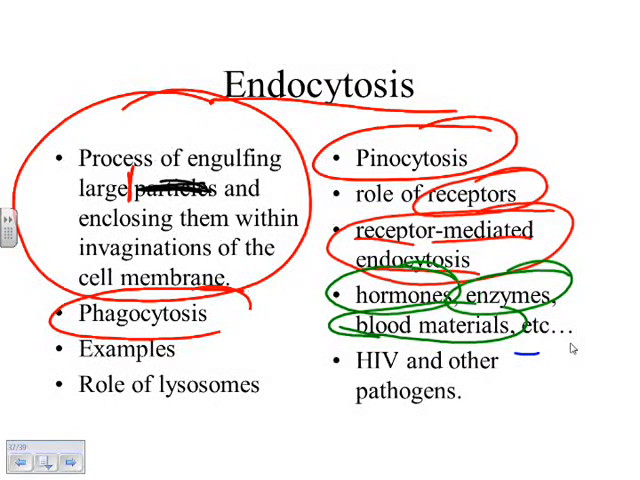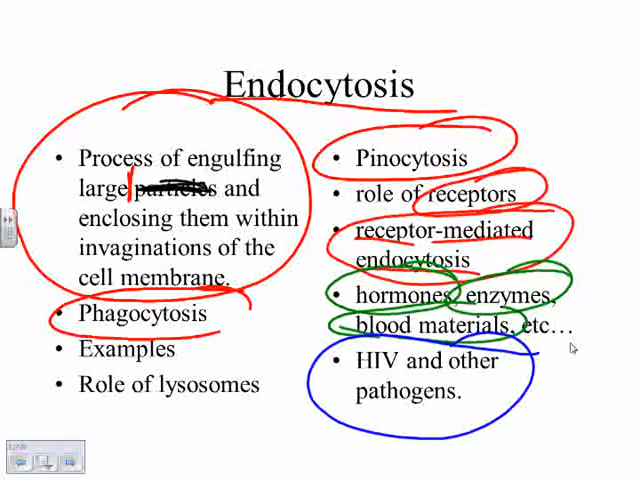Why do I have HIV and other pathogens written down here? Why is that on the pinocytosis slide? Exactly. HIV is like one of those door-to-door salesmen, sort of. They come around and they knock on your door. Sometimes you let them in, right? It's probably not a good idea to do that. But